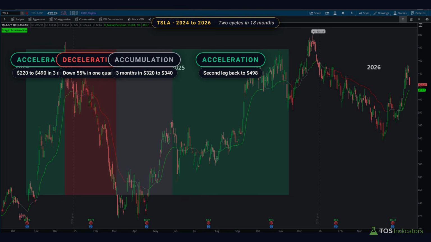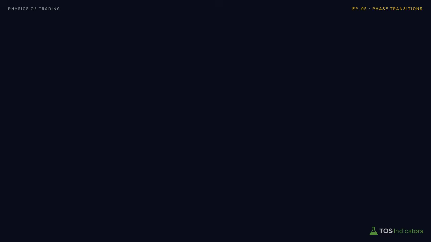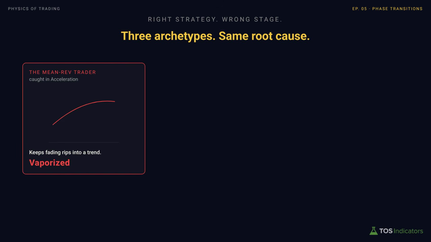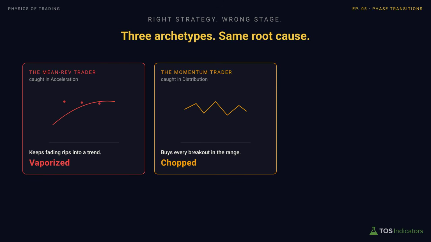Here's where I think most traders go wrong. They identify a strategy that works for a particular market stage, and then they keep applying it even after the market has moved into a stage where that previous strategy no longer fits. For example, a mean reversion strategy would work quite well during the periods in which oscillation strategies are meant to work. However, if you continue to keep fading the trend into a period of strong acceleration, that's a very easy way to watch your account get completely vaporized.